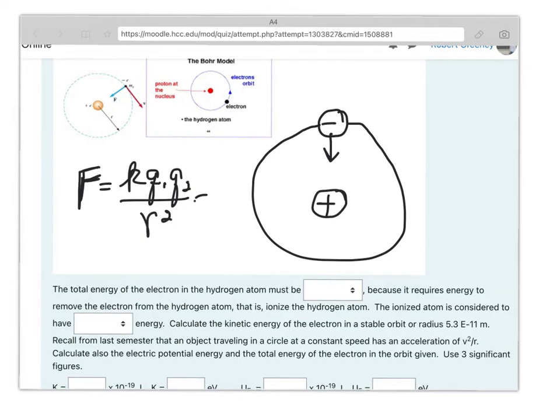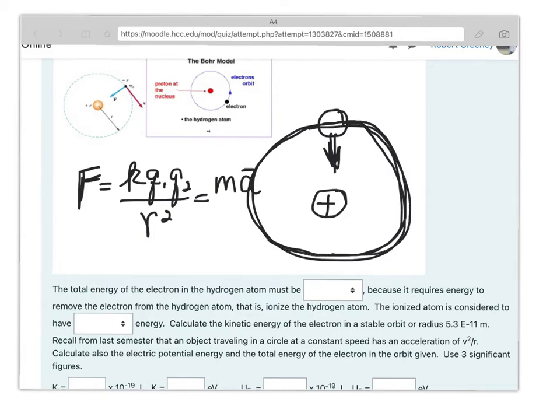And that has to be equal to the mass times the acceleration, right? And if it were stationary, the electron would just accelerate toward the proton like that. But if it's moving at the right speed, the centripetal acceleration will exactly match the force, and it will be